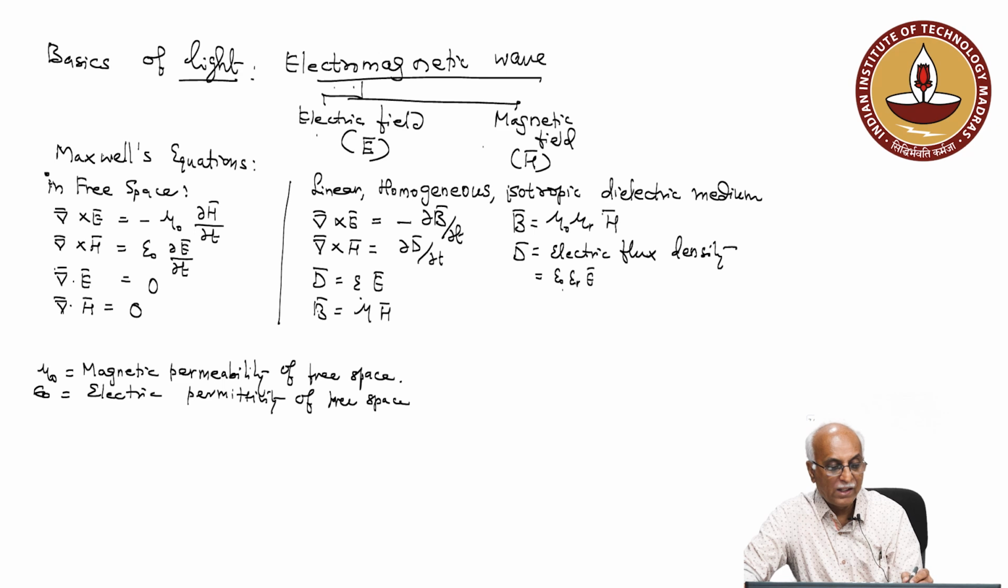Now, these equations represent how the electrical field vector is associated with the corresponding temporally varying magnetic field vector, or vice versa. And how will they help us in explaining the electromagnetic wave? So basically, as per Maxwell,